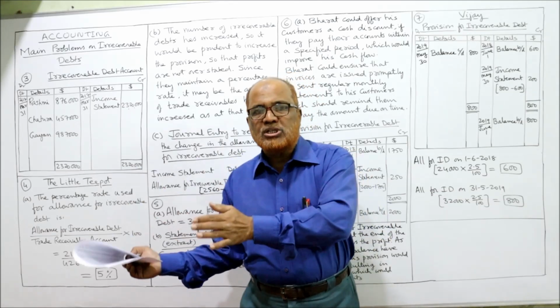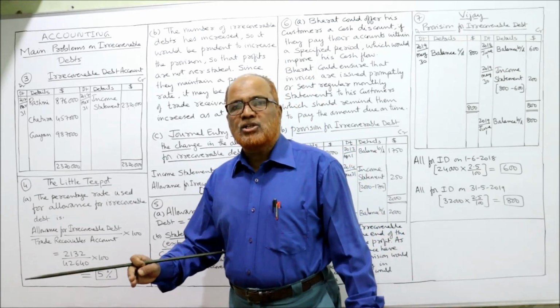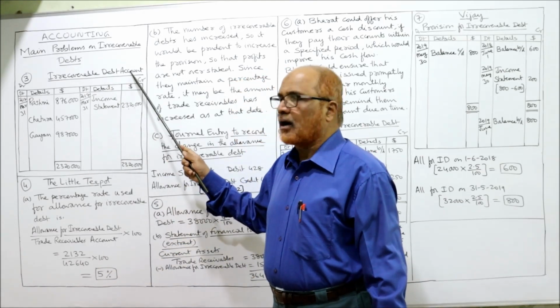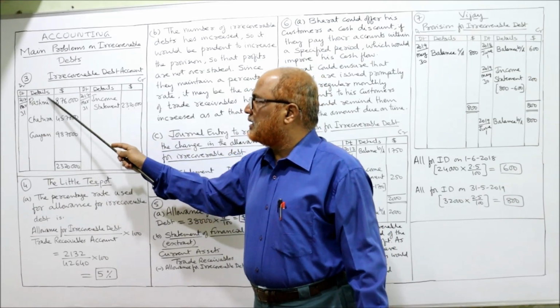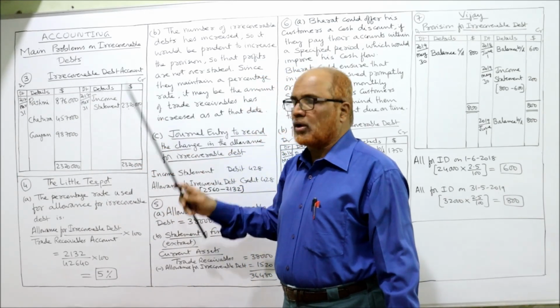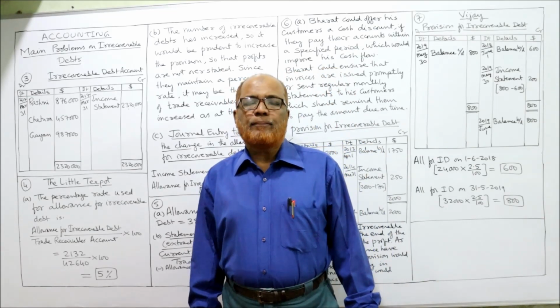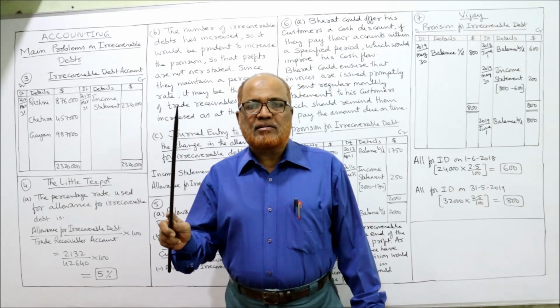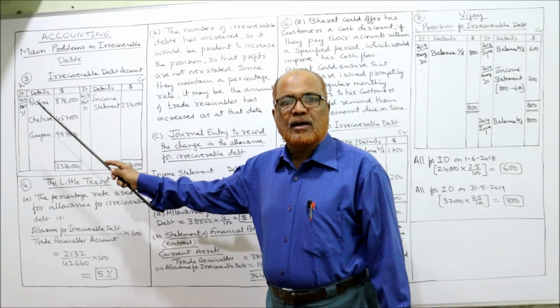That entry we post into the ledger account, so we are required to make the ledger account. Irrecoverable debt account: debit side, credit side. Debit side: date, details, dollar. Credit side: date, details, dollar. First of all, the entry you have to remember is irrecoverable debt debit and customers credit. So, irrecoverable debt account, debit side,